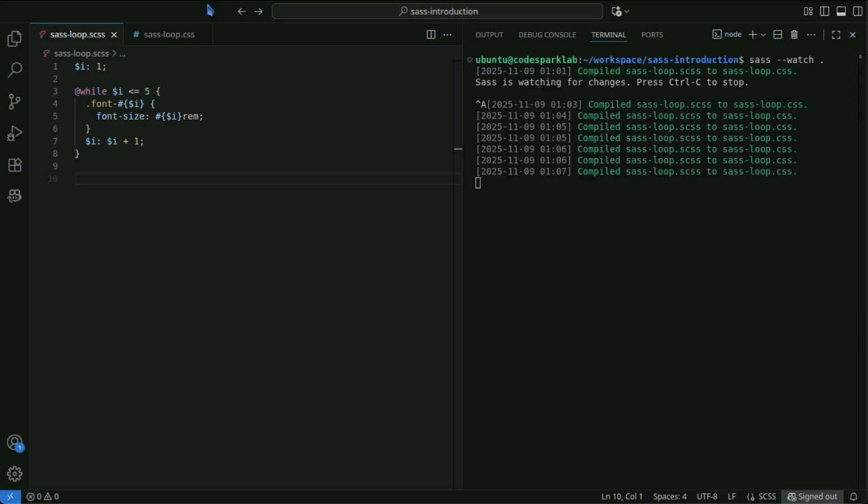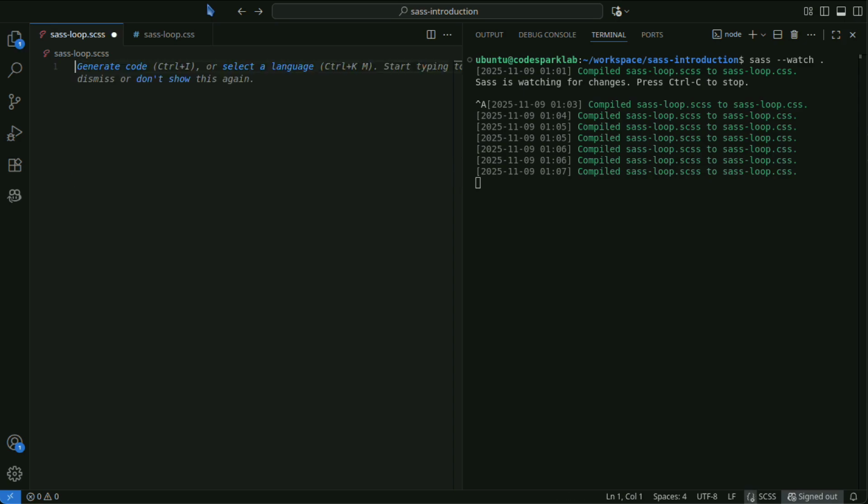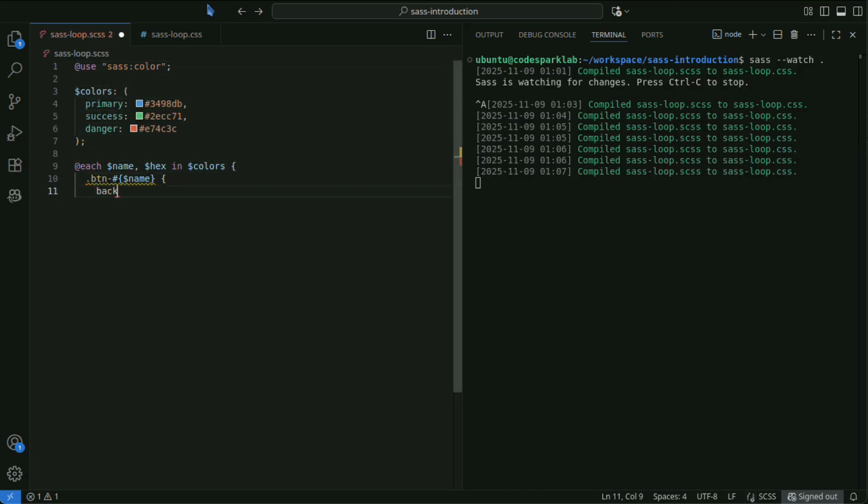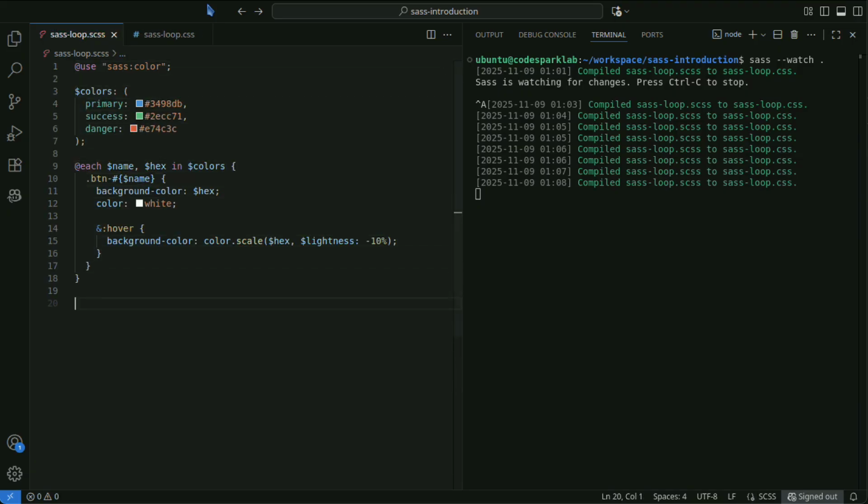Combining iteration with SASS's nesting feature enables even more advanced style generation. Below is an example in which background and hover colors for buttons are defined together. By combining iteration and SAS nesting, you can generate button background colors and hover colors all at once.